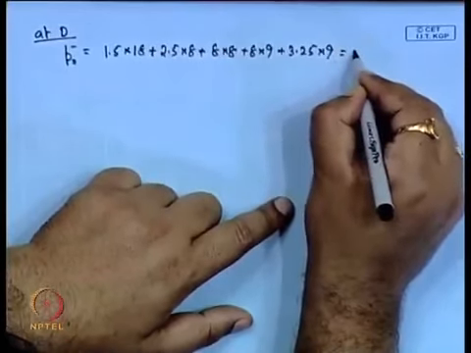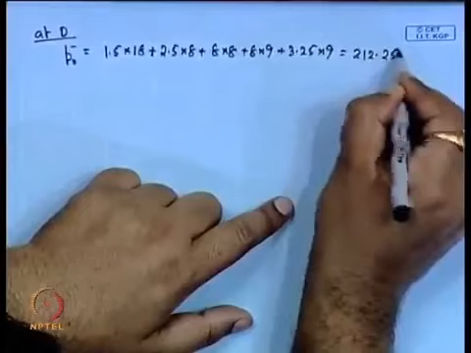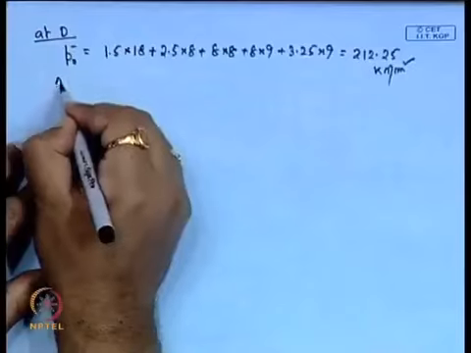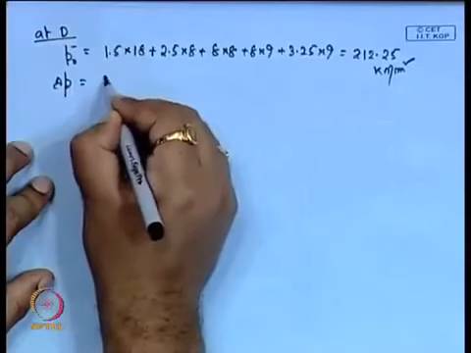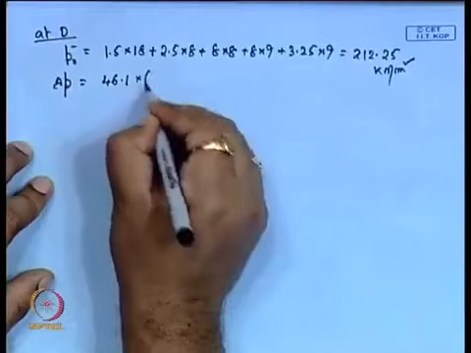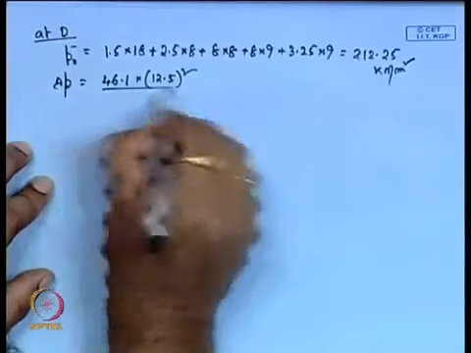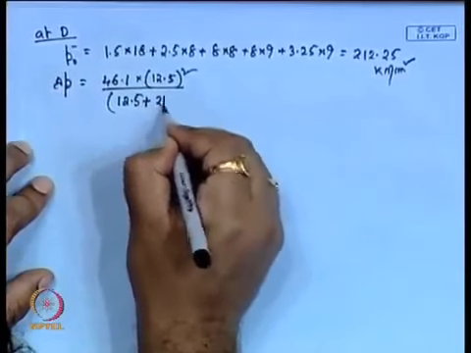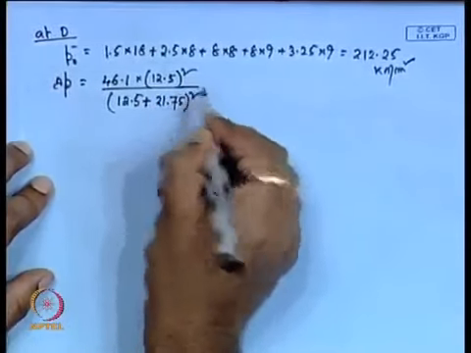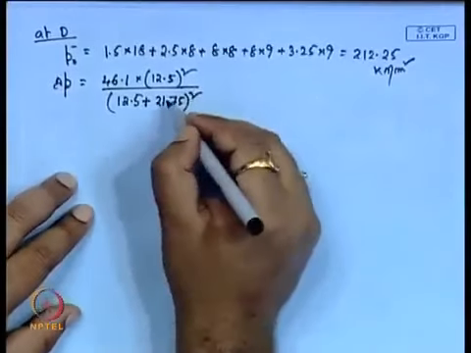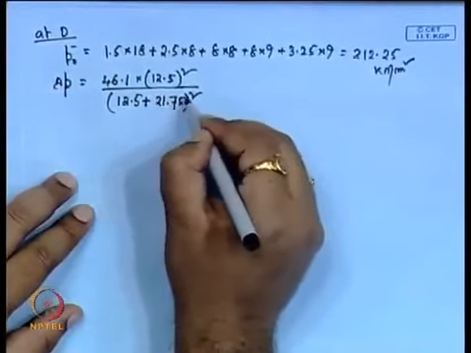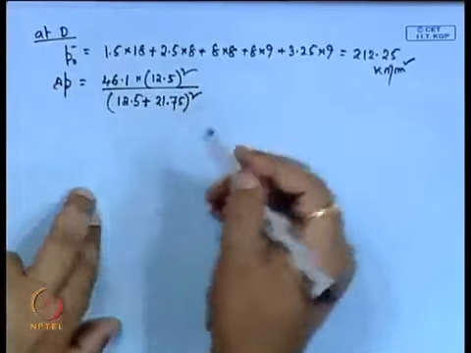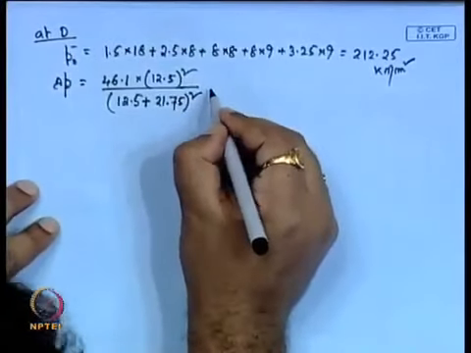So, this is 212.25 kilonewton per meter square. Similarly, del P value is 46.1 into 12.5 whole square divided by 12.5 plus 21.75, that means this D point is 21.75 meter below the base of the foundation. The D point is 21.75 meter below the base of foundation. So, this value is 6.14